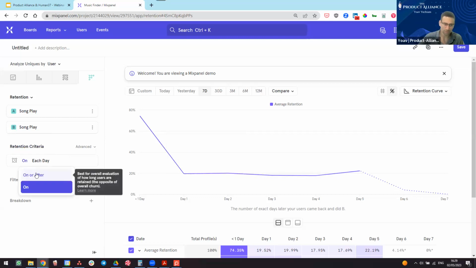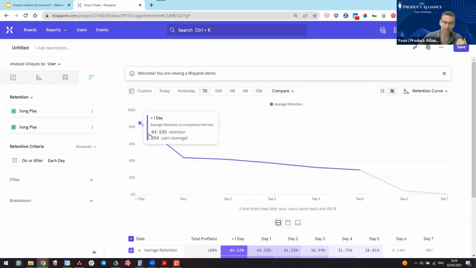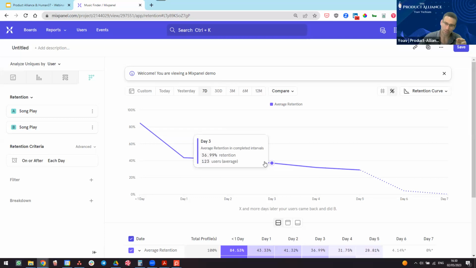Usually what this should represent, by the way, is actually churn. It's not 100% correct, but we don't have time to go into all the details. What this represents is that we're seeing 37% retention on or after, but it actually represents 63% churn. So 63% of our users have left and were never seen again after the third day. That's usually the important context of this report.